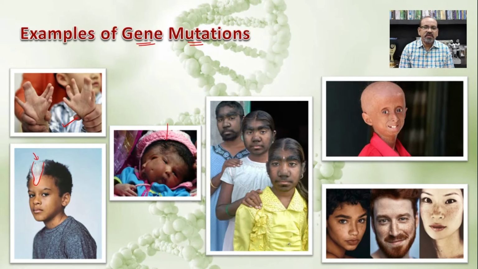Then in the third figure there is the formation of one head but with two faces, and development of hairs on the face. This is quite a famous picture on the internet also. This is an old appearance at a young age, and here there is a formation of certain coloration on the skin of the face. So all these are different examples of mutation, and the thumbnail picture is also one example of mutation with respect to the color of the eyes.